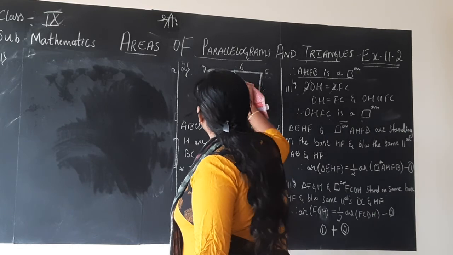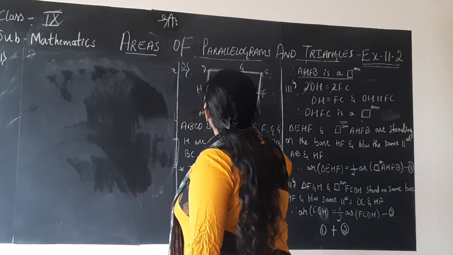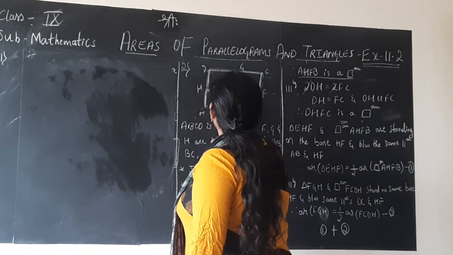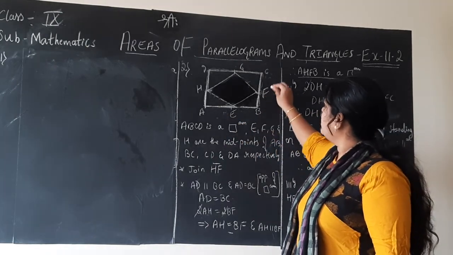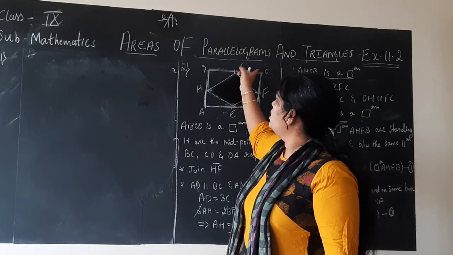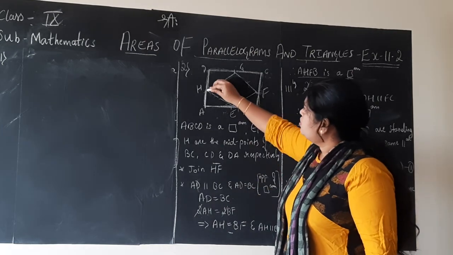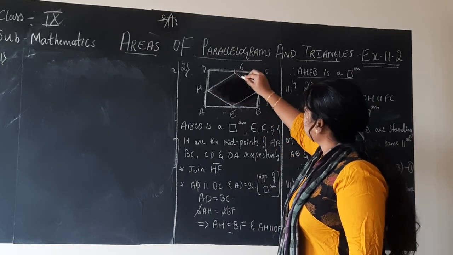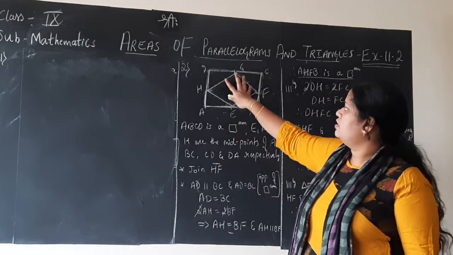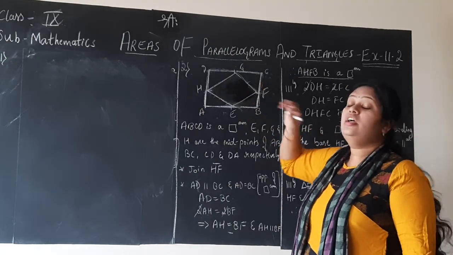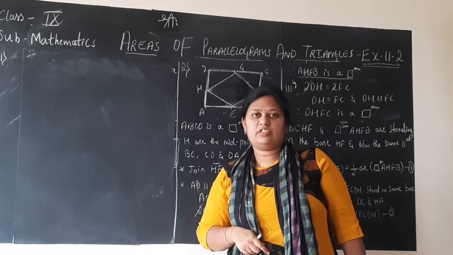ABCD is the parallelogram, and for all the four sides, what we have done is mark the midpoints. E is the midpoint of side AB, F is the midpoint of side BC, G is the midpoint of side CD, and H is the midpoint of side AD of the parallelogram. So when we join all these midpoints, what we get is one more parallelogram, the new parallelogram EFGH. That is the one inside, which is formed by joining the midpoints of all the four sides.